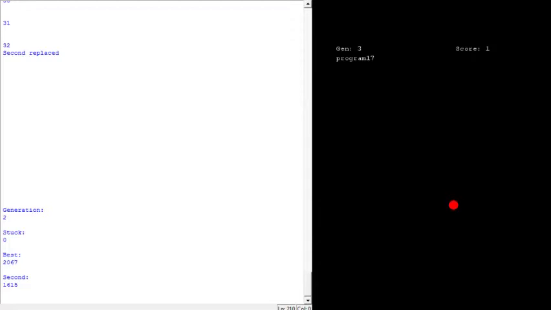Now, this causes it to run a little bit slower, simply because there's a lot more processing to be done. But the overall speed of learning and the overall rate of the score going up is significantly higher. Although you will see, and I doubt in the time that I'm streaming it will get to this situation, but there is a situation where the program